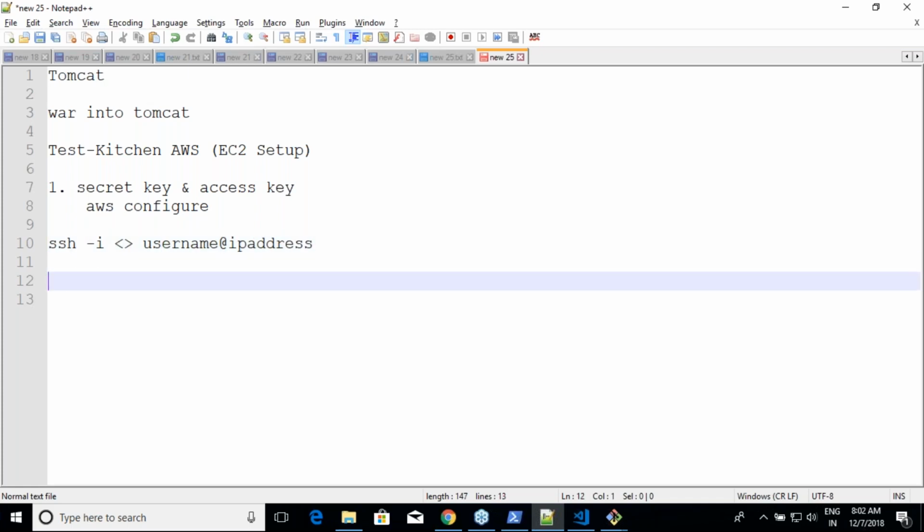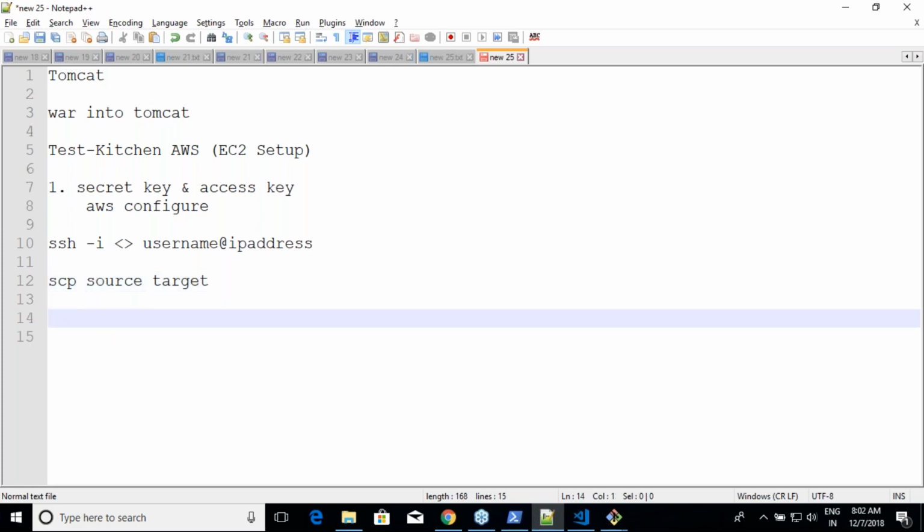Now, if I want to do SCP, it is also very simple. SCP is scp source and target. If it is a local machine, you can use dot or your local folder paths. But if it is a remote machine, then your source or target might look like username@IP address:path of the file or directory which you are looking for.